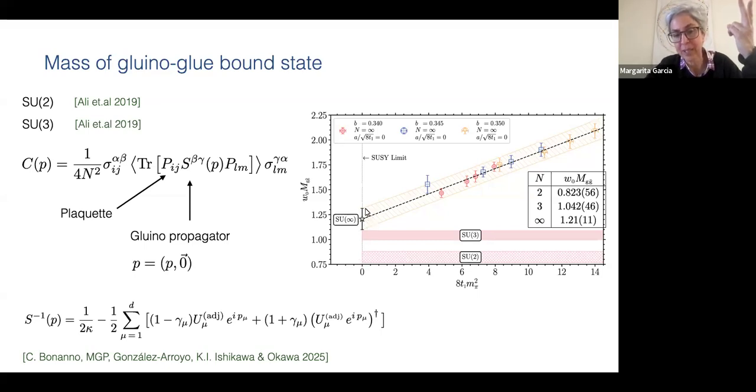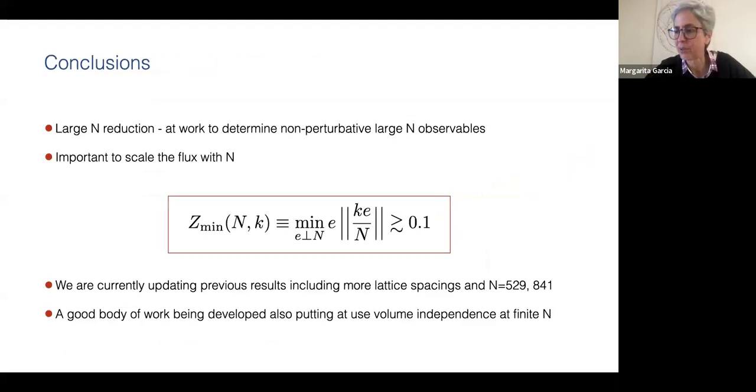This is the result that we obtain in SU(infinity), and these are the SU(3) and SU(2) results that have been obtained in this paper. So there is a rather good agreement; the infinite N result does not differ much from the finite N values. Okay, so I think with this I conclude. It has taken a bit longer than expected, sorry. So I leave the conclusions there, and if you have any further questions, we can go to that. Thanks.